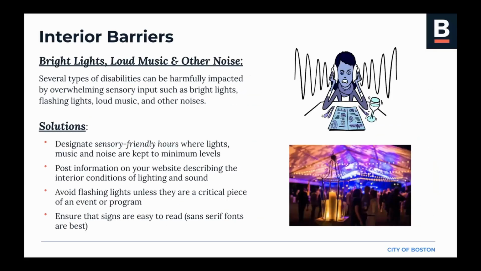Another barrier can include bright lights, loud music, and other noises. There are several types of disabilities that can be harmfully impacted by overwhelming sensory input, such as bright lights, flashing lights, loud music, and other noises. And so some solutions to this could be to designate sensory-friendly hours where lights and music and noise are kept to minimum levels. Post information on your website describing the interior condition of lighting and sound. Avoid flashing lights unless they're a critical piece of an event or program, and ensure that signs are easy to